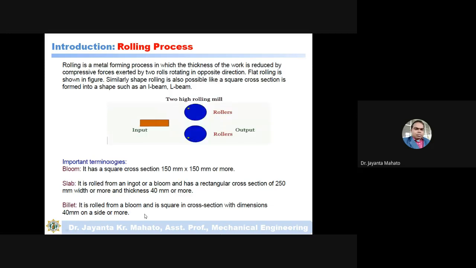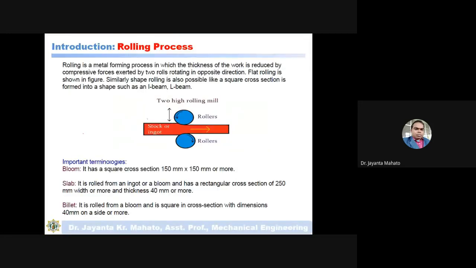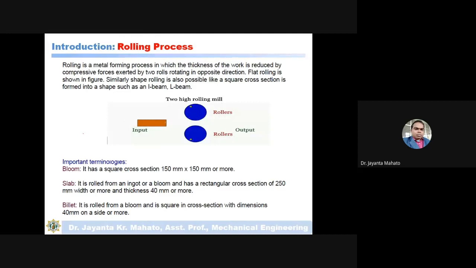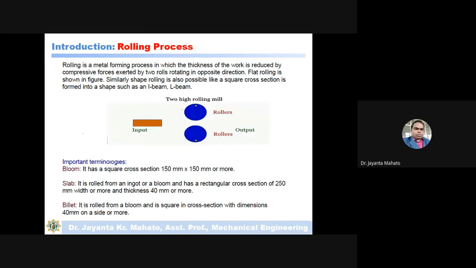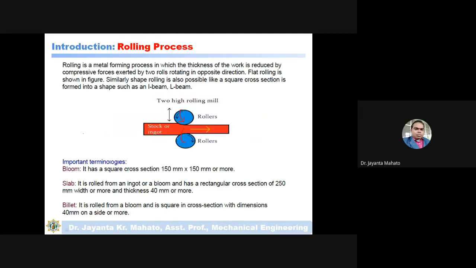Why is the force compressive? Suppose the upper roller applies a force on the object like this, and the lower roller applies a force like this.